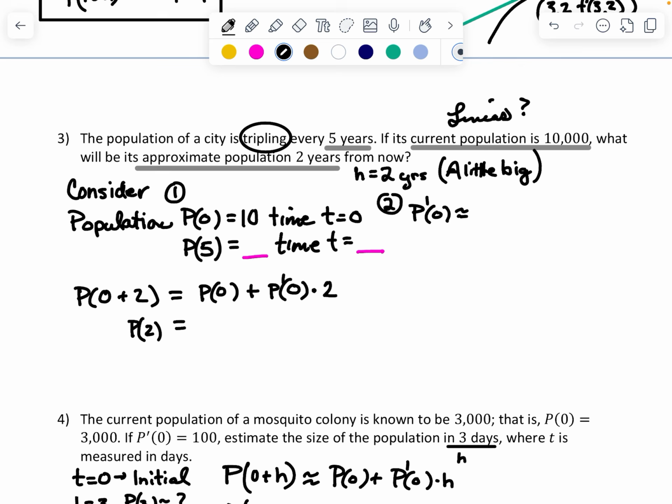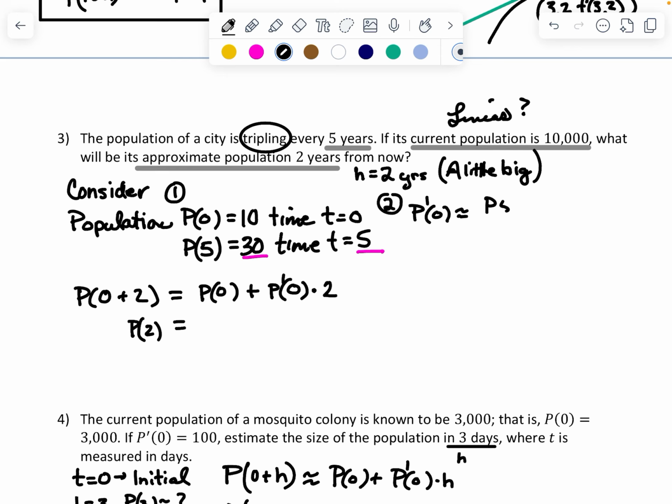It's just an approximation. So in this case, we know that p of 0 is 10, and that's time t equals 0. But p of 5 is going to be tripling every 5 years. So it's been 5 years since p of 0, right? So we're going to say that that's 30 at time t equal 5, right? And now we do have an average rate of change. We know p prime of 0 is approximately